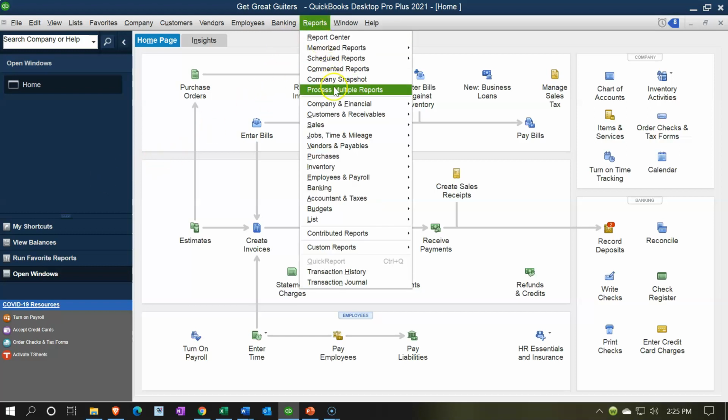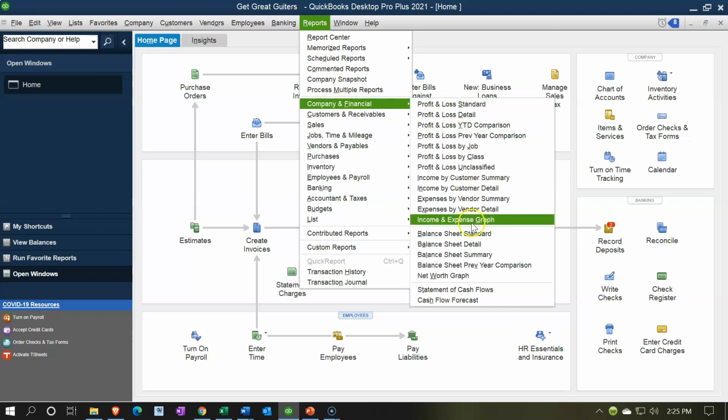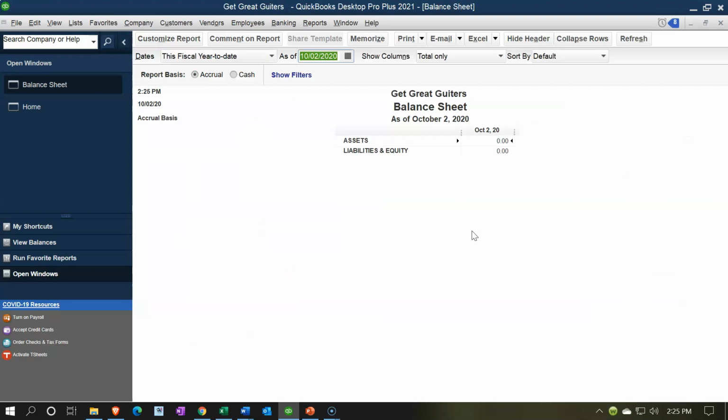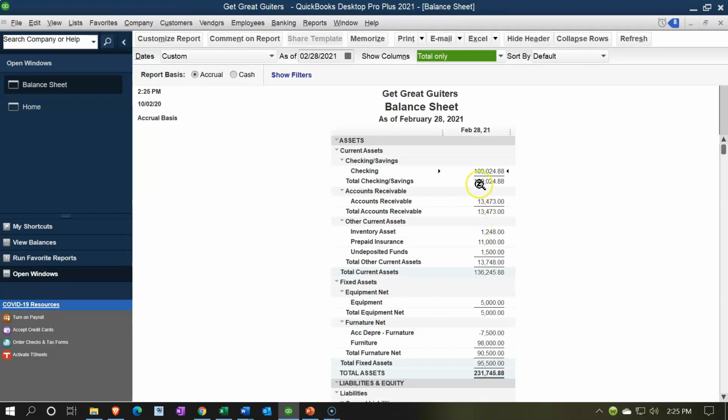Going to the reports dropdown, company and financial. We're going to go on over to the balance sheet standard. We're going to change the date. I'll just change it up top this time to 02/28/21. So that's going to be our ending cutoff date. We're looking at the reconciliation, the GL balance or our balance sheet balance being